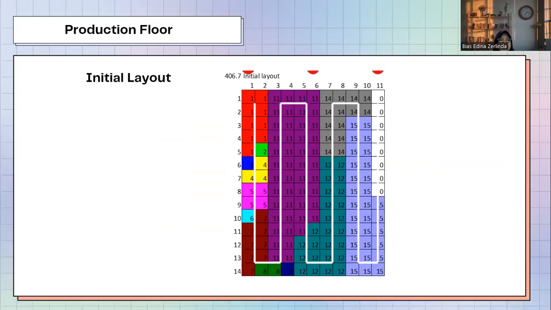This is our initial layout, with the sequence still the same, sequentially for each department. Using this layout, the cost is 570.938.